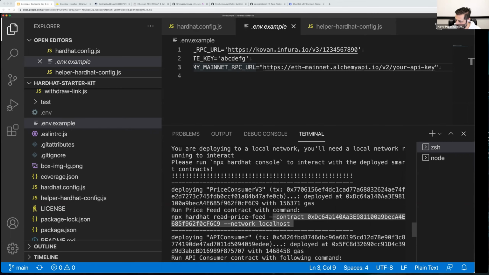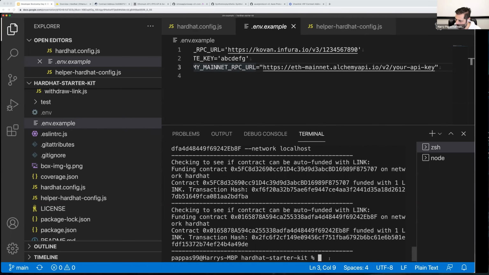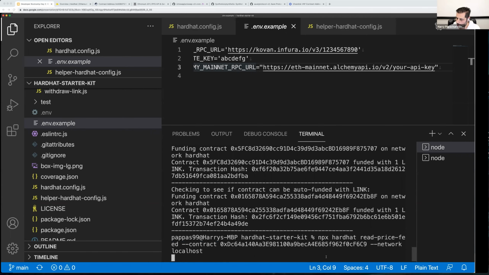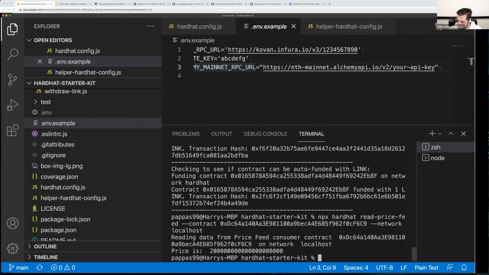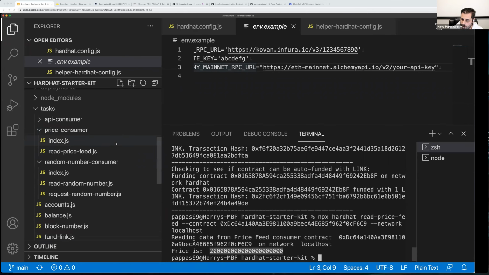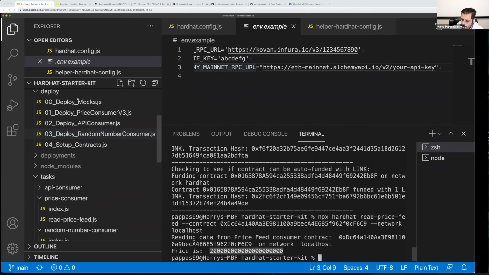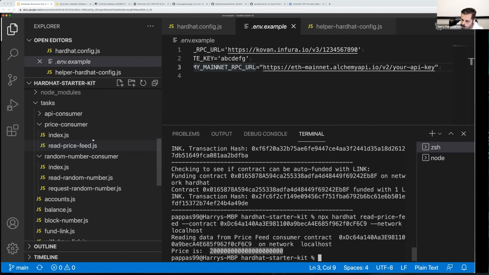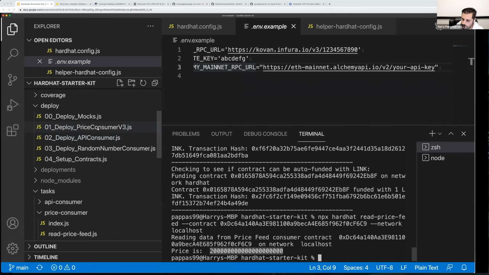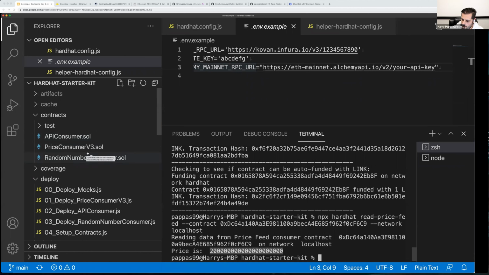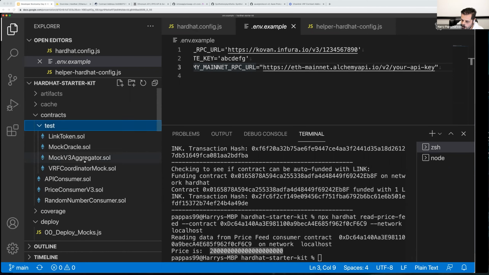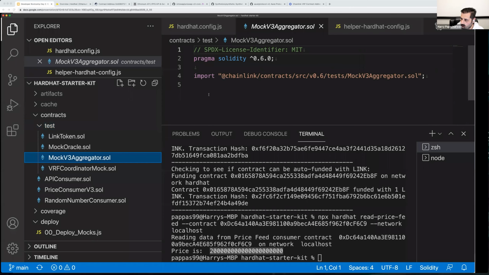tasks as well. So I'm going to grab the output for the price feed task, and I'm going to run it. And as you can see, we get an output. So this price, we didn't actually get it from a price feed because we're running a local Hardhat network. Once again, we actually use the mocks here, the mock contracts. So in this case, when the price consumer was deployed, it actually used the mock aggregator contract here, which is,